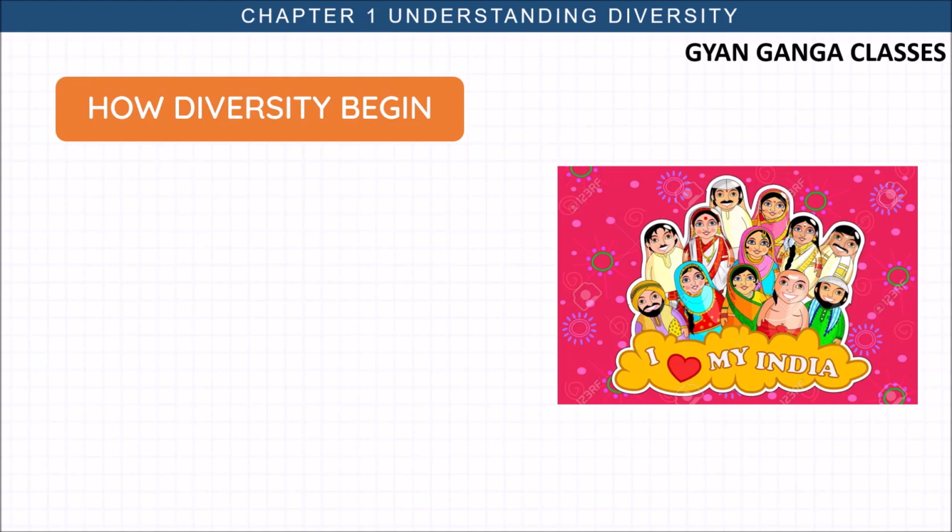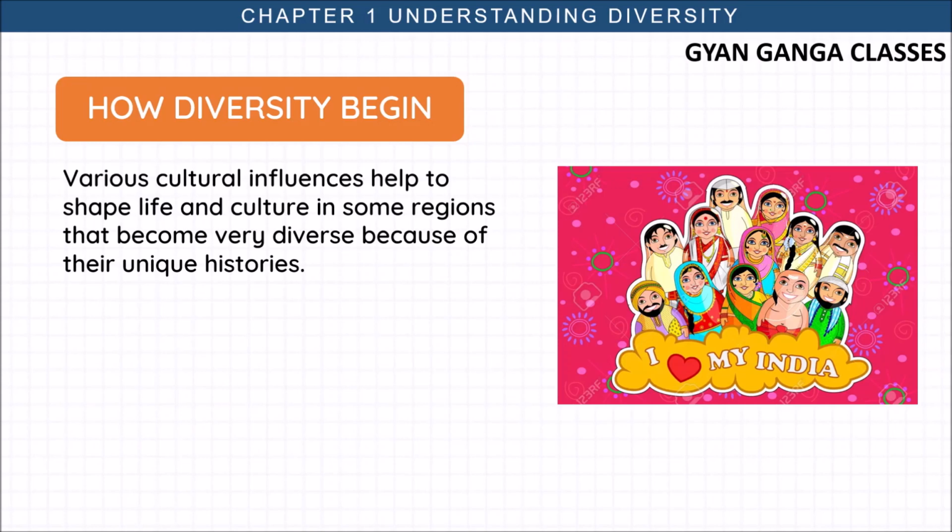तो देखते हैं और कैसे diversity शुरू हुई. Various cultural influences help to shape life and culture in some regions that become very diverse because of their unique histories. इसको हम explain करते हैं. For example, we were ruled by Mughals